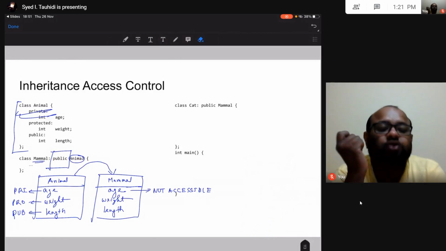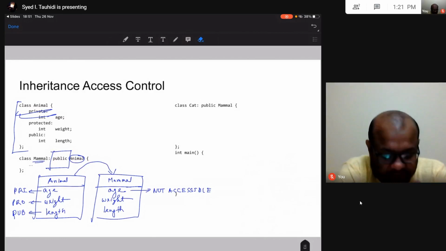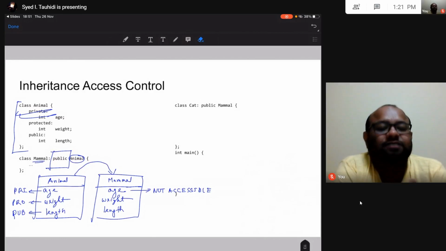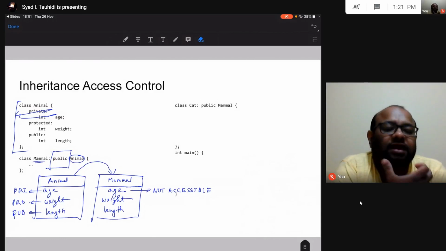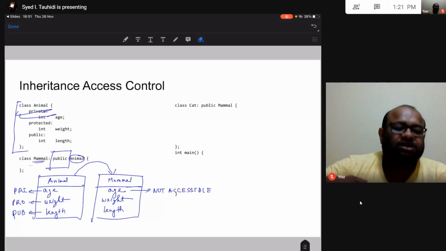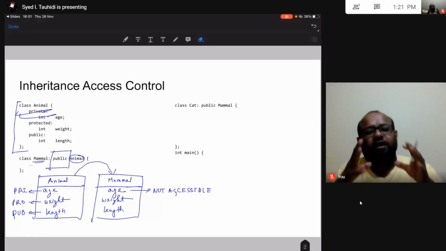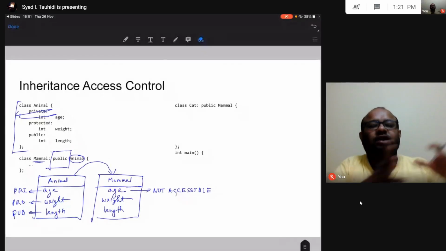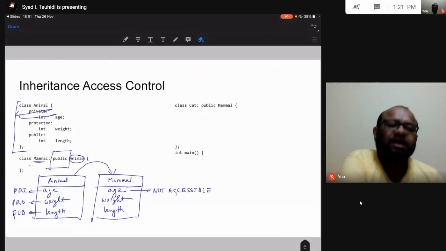If age were private in my mammal class, then any method inside my mammal class would be able to access this age, because private data attributes can be accessed only inside that class.